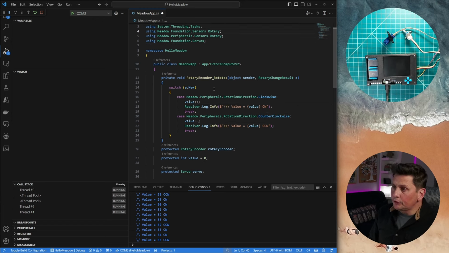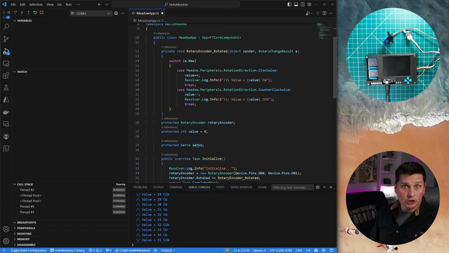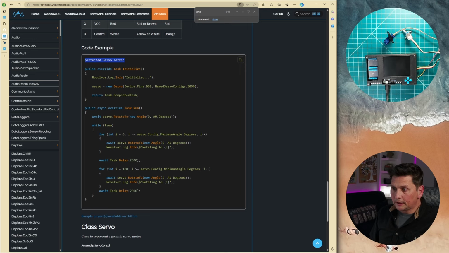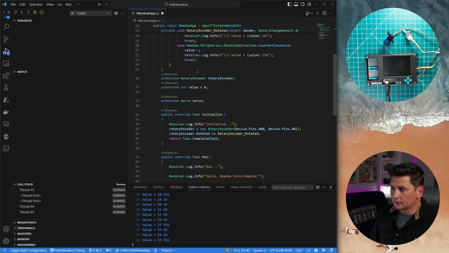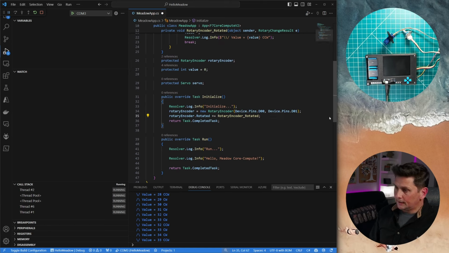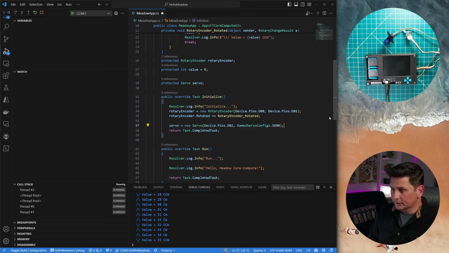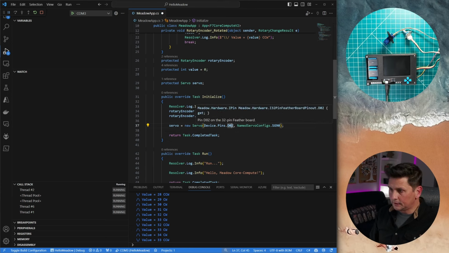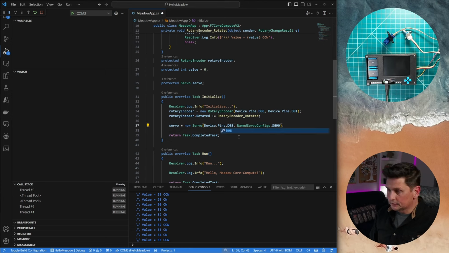So the servo object is here. I need to initialize it. If I go back to the sample, in the initialize function is one command, which is this little guy here. I'm going to copy this command, go to my initialize function, and just after this little guy has been initialized, I'm going to hook it up to the right pin, which I was telling you is D8, to have that PWM go over.